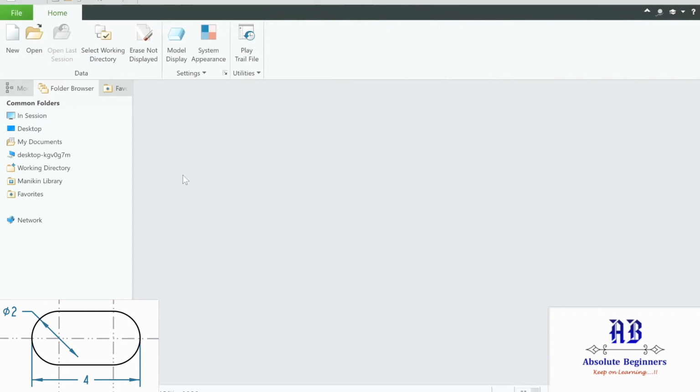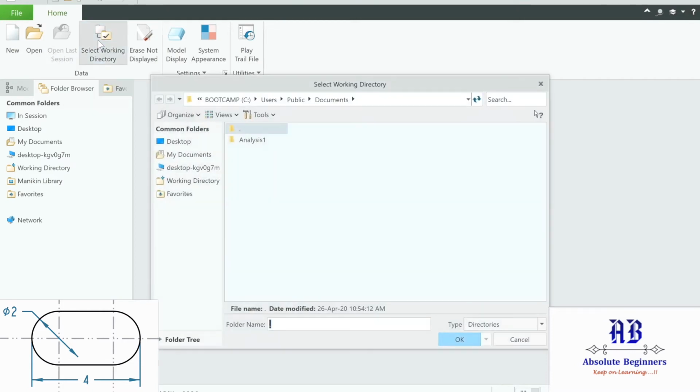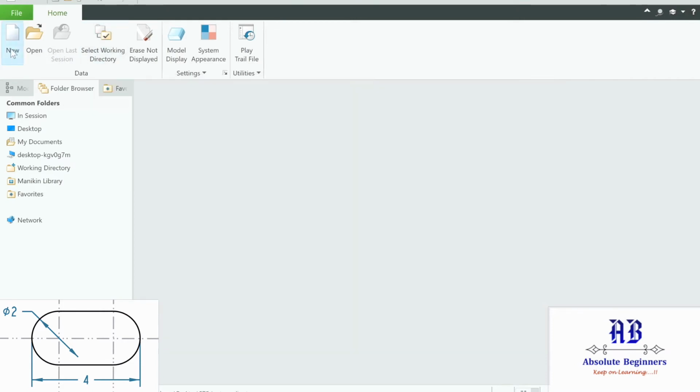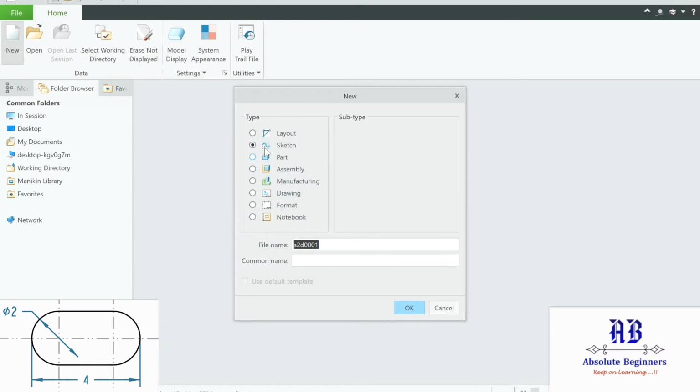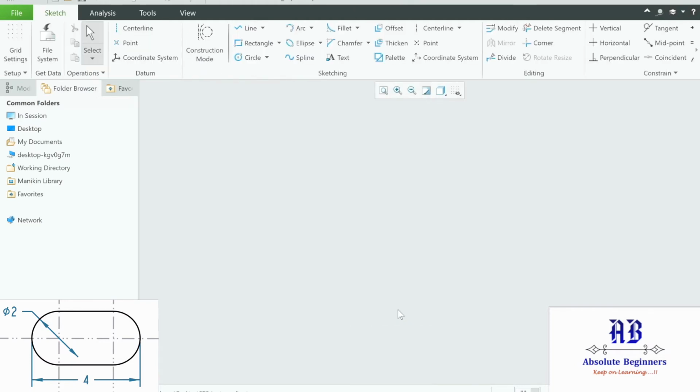As a general rule, we first select the working directory. I'll create a new sketch. I can name it trial 3. I can turn on the grid display. As you can look into this drawing, let's first create a rough sketch. That is step 1. So I'll take the line command,